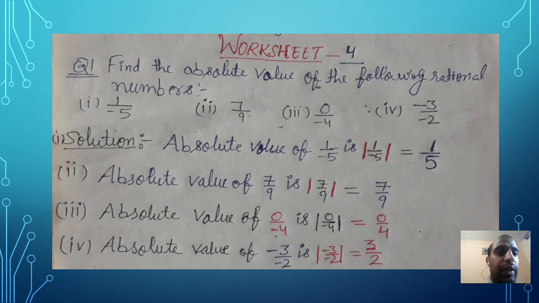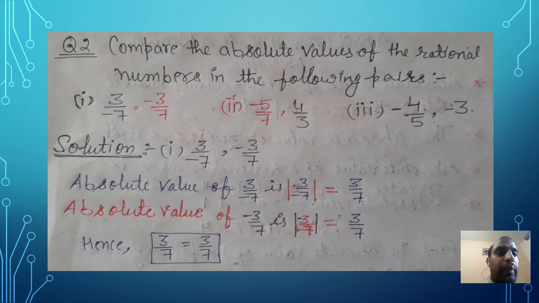So let's see some comparative questions. Here we are going to compare two values. Are they equal or is there any change? So let's take the first part. First is 3 upon -7 and -3 upon 7. Here you can see the change is only one: in the first case the minus sign is in the denominator and in the second case the minus sign is in the numerator. So let's write first the absolute value of 3 upon -7, mod of 3 upon -7. Then we need to remove the minus sign and the answer remains 3 upon 7.